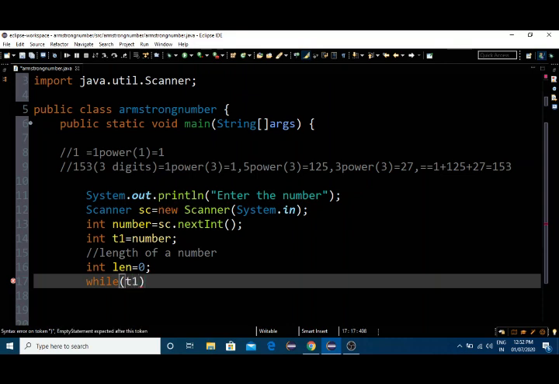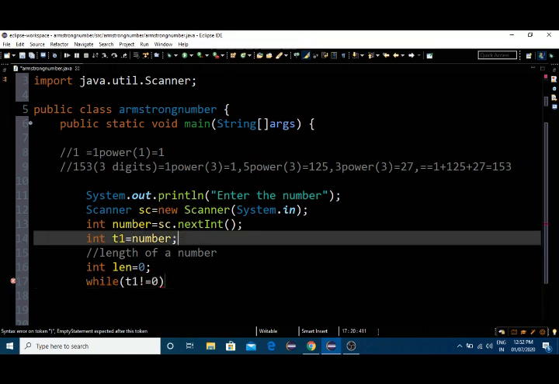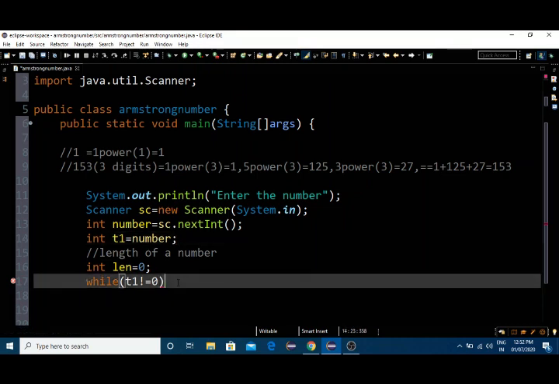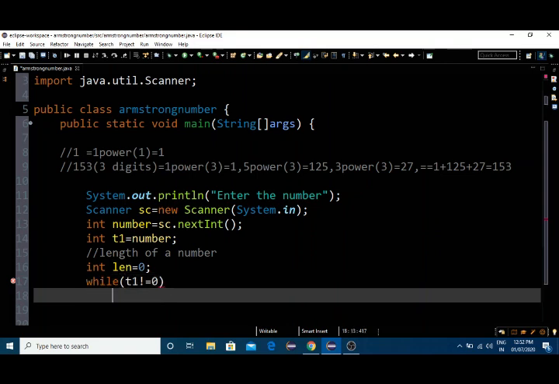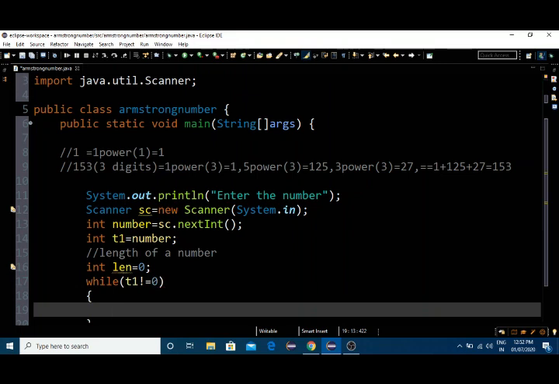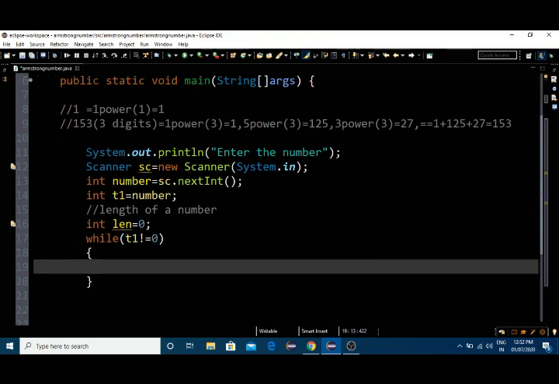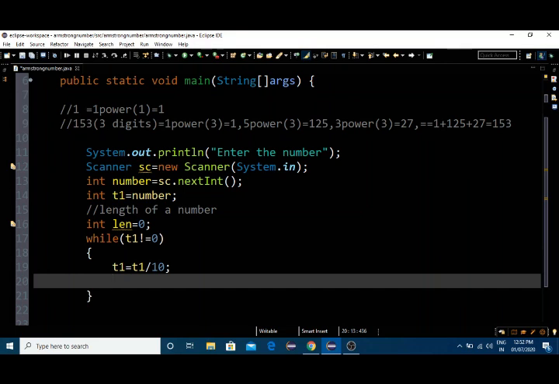Now t1 is not equal to 0. I will write the code and explain it once again at the end. If this number is not equal to 0, then you run the loop. I'll go inside and t1 equals t1 divided by 10, which means every time I am removing a single digit.